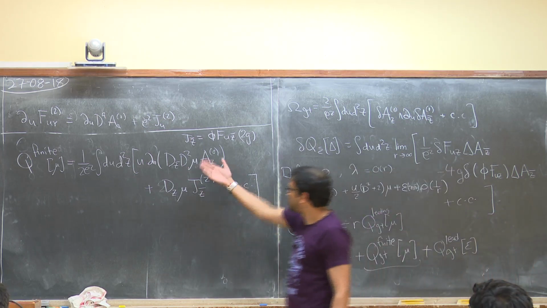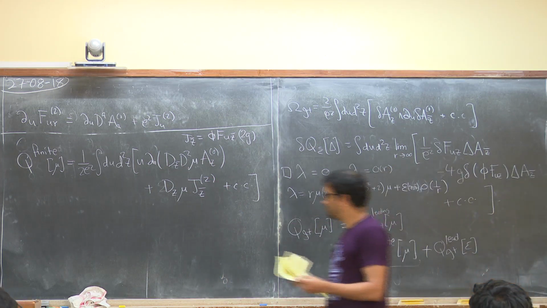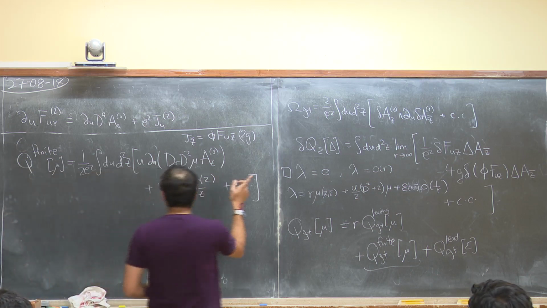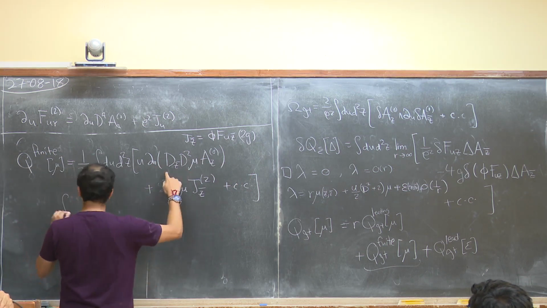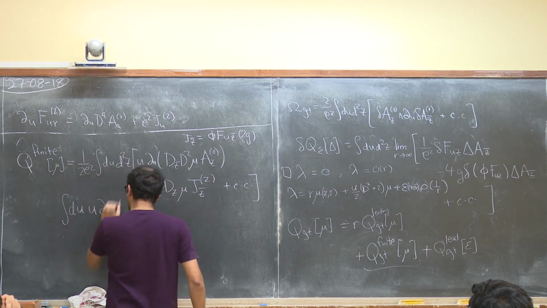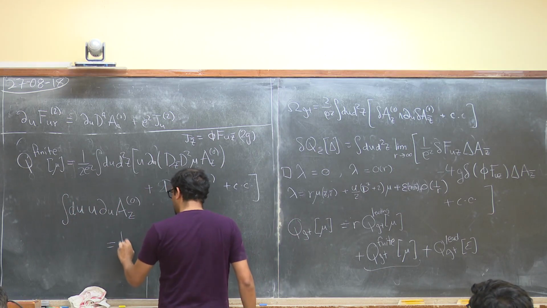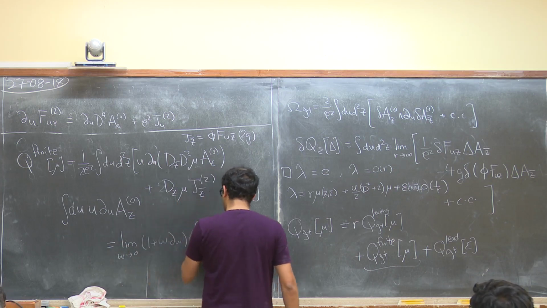So now we have the charge, and basically we do the same analysis as before. Let me use that to explain everything else that we needed to show. Firstly, let me convince you that it is generating the subleading soft theorem. To do that, we'll do again what we did previously. Let's just look at the u part of this entire thing: the integral du u del u az. And I think this can be written as the limit omega goes to 0 of 1 plus omega del omega integral du